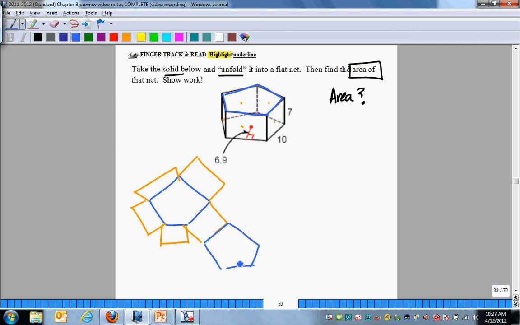So I have 2 pentagons and 5 rectangles. The pentagons are the same, so I'm going to find the area